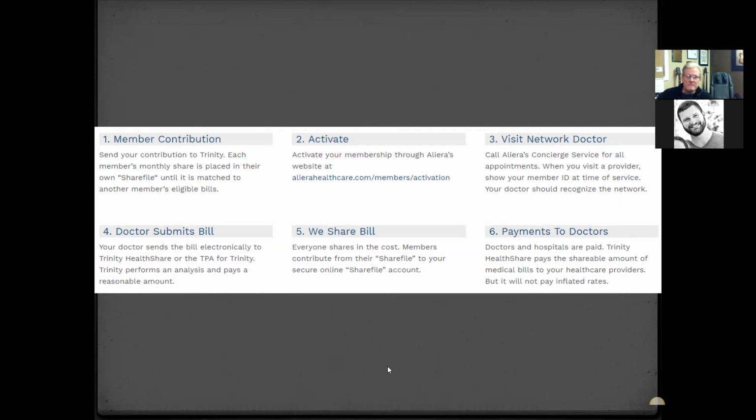It's essentially that easy on the activation aspect of it. It's very seamless. Then, of course, after that, you would want to look at the MultiPlan PHCS network. For us here in Atlanta, it's tremendous. It includes Northside Hospital, Piedmont Hospital. All the doctors that we had on our Humana plan have all been on this network, so it's a tremendously